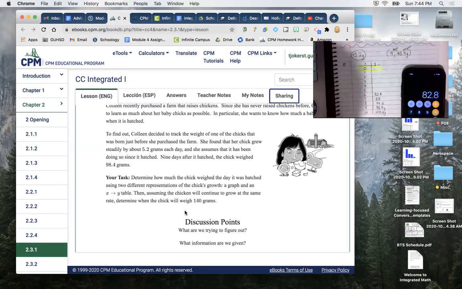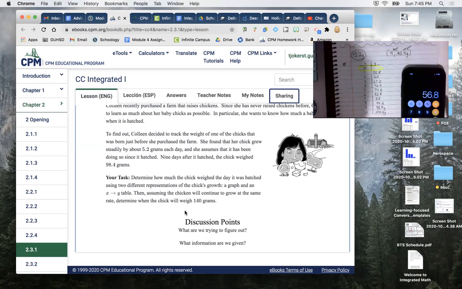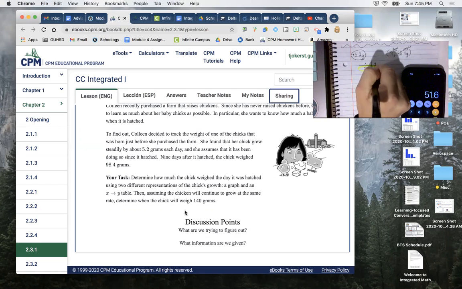I'm going to keep on doing that. 5.2, so I'm at 77.6, minus 5.2, and I get 72.4, minus 5.2. I get 67.2, minus 5.2. I get 62 grams, minus 5.2, almost there. 56.8, and last but not least, minus 5.2. 51.6 grams is what that baby chick weighed on day 1 if it has that stable growth rate of 5.2